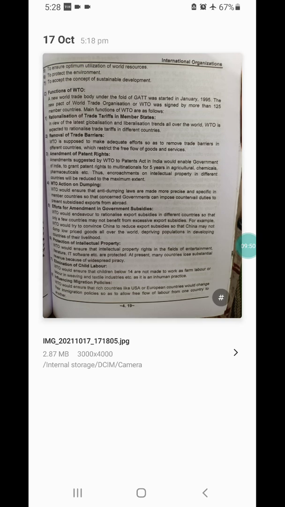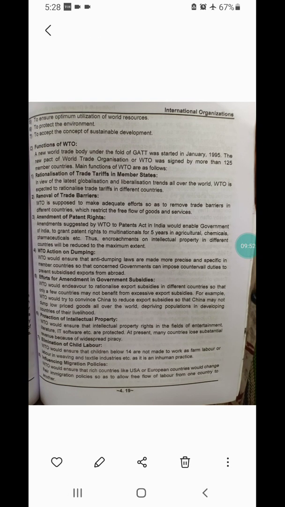Next is to protect the environment. अपना एनवायरनमेंट अपने को बचाना है. See, अपना एनवायरनमेंट बचाना किसकी रिस्पॉन्सिबिलिटी है? As a citizen, it's our only, अपनी ही रिस्पॉन्सिबिलिटी है एनवायरनमेंट को बचा के रखना. To accept the concept of sustainable development. See, ये अपने को डेवलपमेंट कंटिन्यू धीरे धीरे करनी है। ऐसा है क्या, डेवलपमेंट करनी नहीं है किसी भी फील्ड में, we should develop slowly slowly, right. कंटिन्यू डेवलपमेंट होनी ही चाहिए।